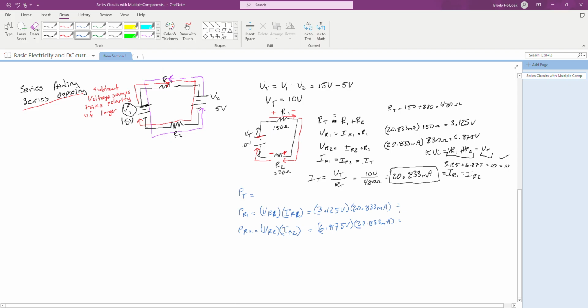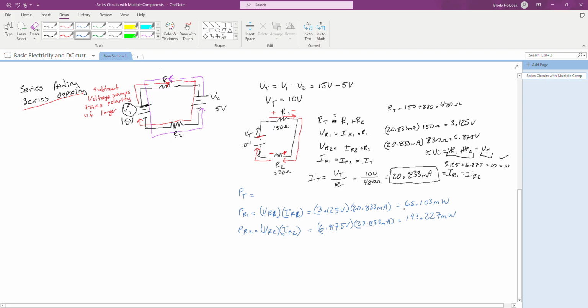And then when I put those into my calculator, I get a total of 65.103 milliwatts for R1. And for R2, I've got the 6.875 and my current 20.833. And down here I get 143.227